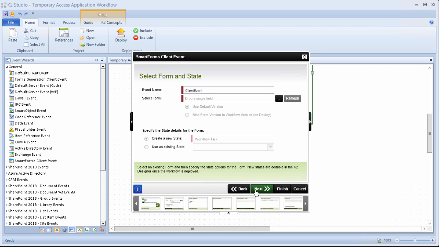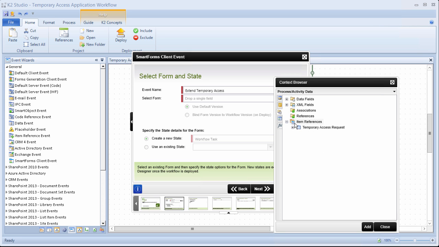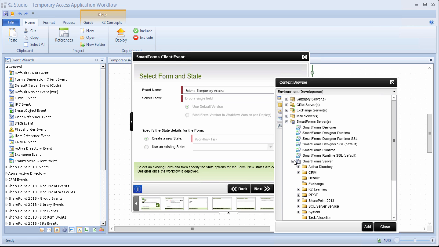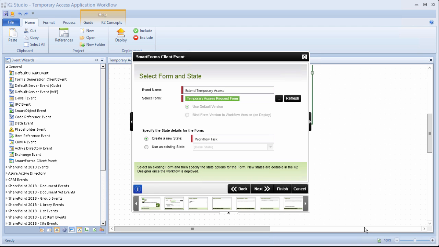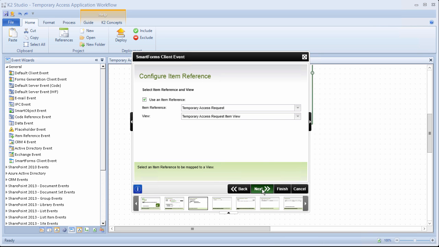For the Select Form and State screen, let's name this Extend Temporary Access. For the form, drill in to the context browser and locate the Temporary Access Request form. For its state, we're going to use the extend state. We can click Next at this point to move on, and we can skip over the Configure Item Reference screen,